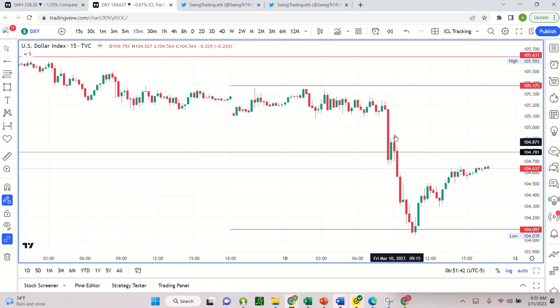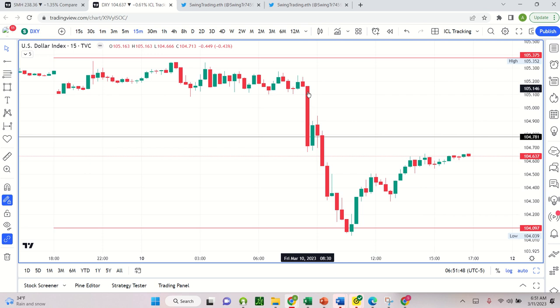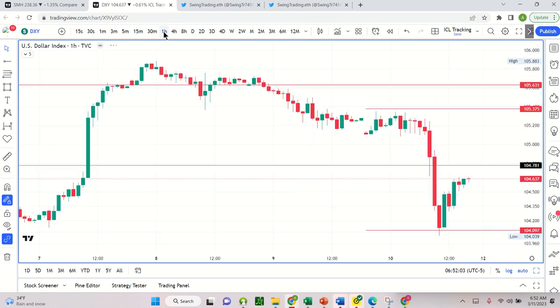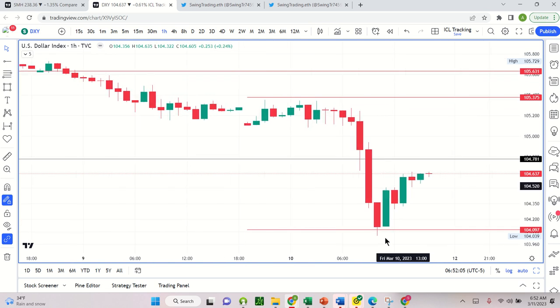So that is when the number was released. So that's important to see. Woof. The Dixie took a bath after the number was released. These are 15-minute candles. So that's the 15 minutes right. This is between 8:30 and 8:45. And if we zoom that out to an hourly view, you can see that's your 8:30 candle that the 15-minute candle is a part of.